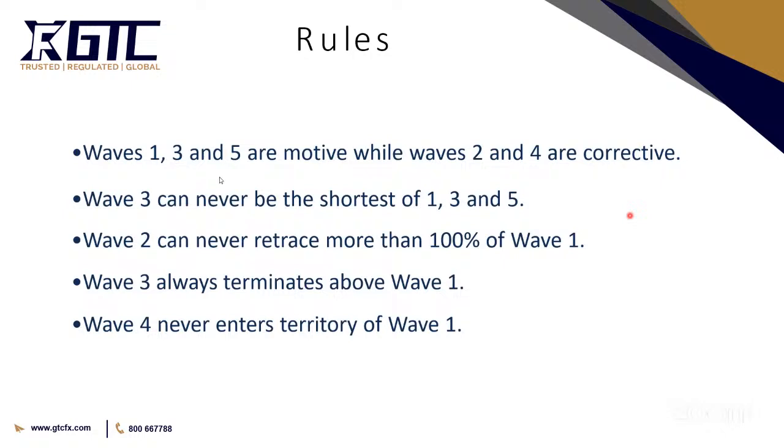Within the 5-wave motive structure, waves 1, 3, and 5 are motive themselves, and waves 2 and 4 are corrective. What it means is